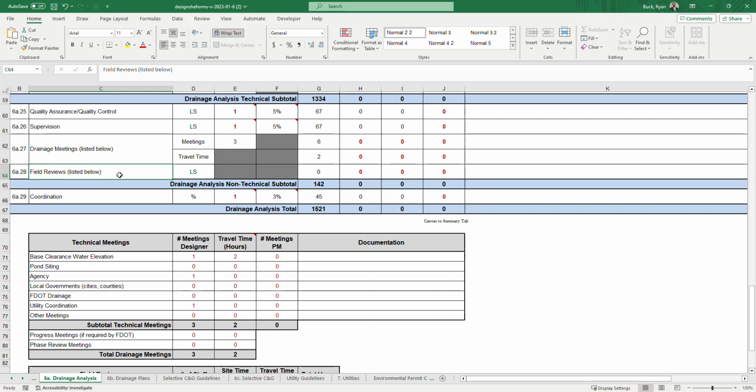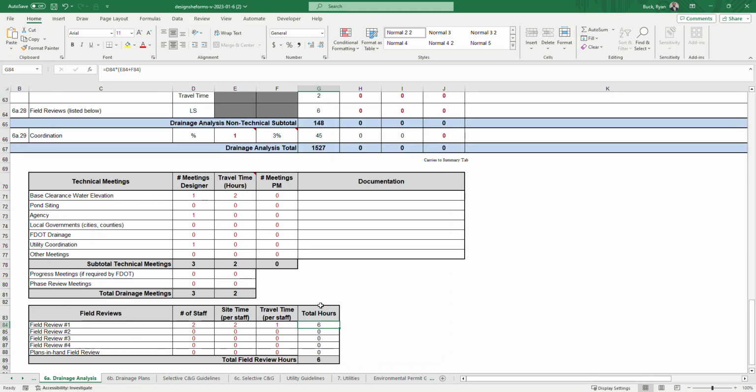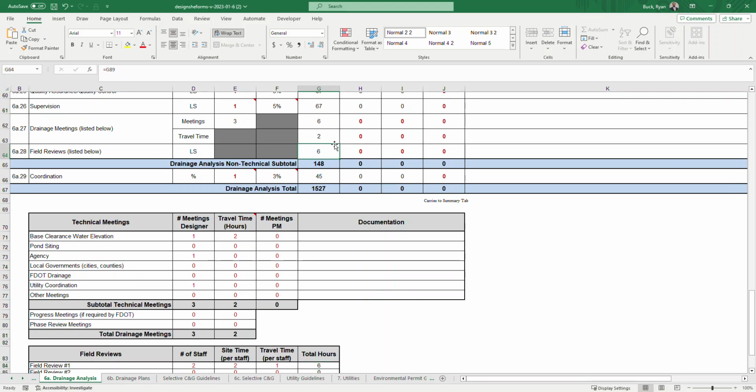The next one, 6A28, is field reviews, and that actually has a new table down here where you can estimate your field reviews. So you can do number of staff that need to go on the field review, site time per staff. Let's just say they spend 2 hours, so that's 2 times 2 is 4, and then travel time for staff. Let's just say it takes 1 hour to get to the site and back for the field review, so that's 6 hours right there, and that 6 hours will carry up into this cell